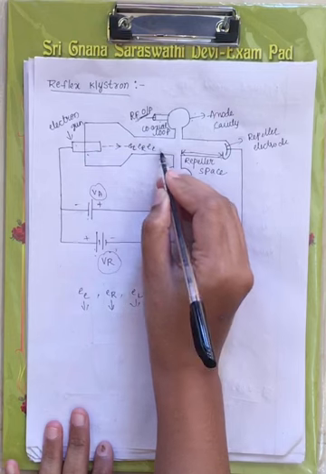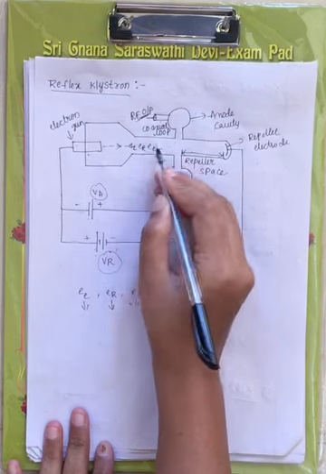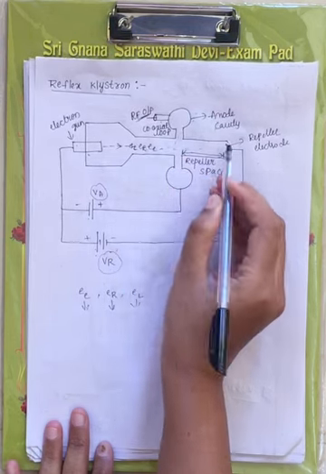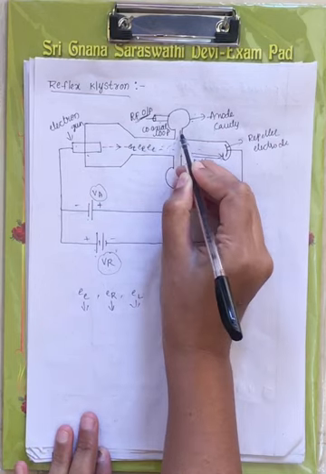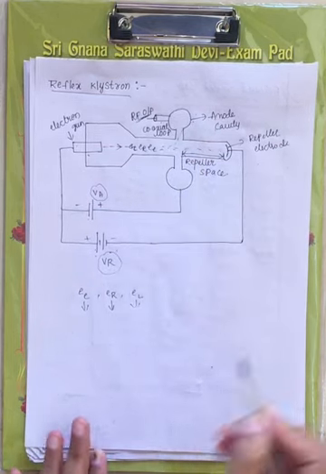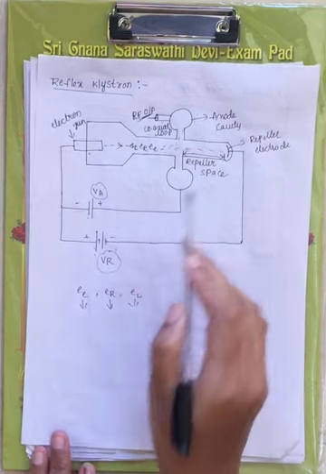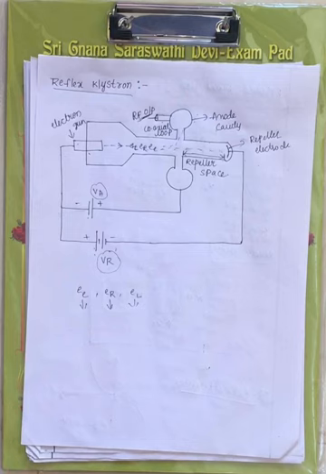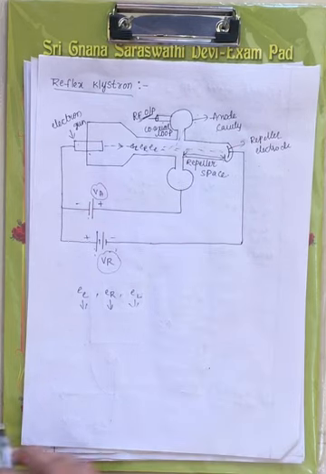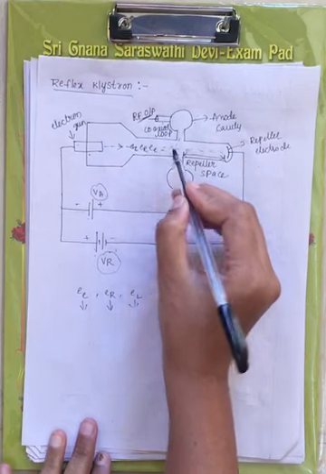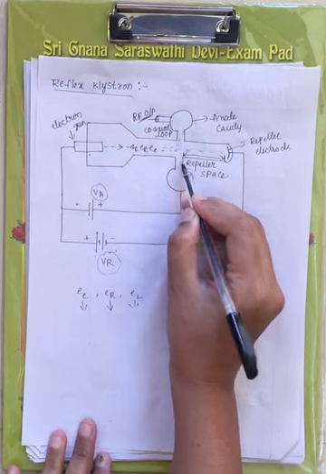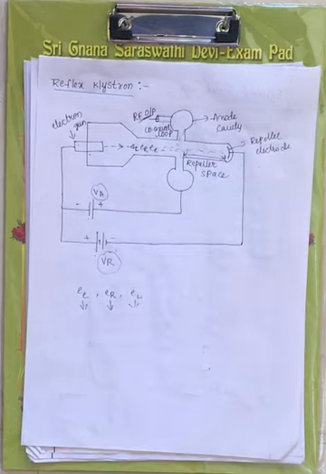Now some electrons will go through the anode cavity. This bunch of electrons travels along this tube. Some will go to the anode cavity and some will go to the Rippler space. The space between the anode cavity and the Rippler electrode is called the Rippler space, that is, whatever space of the tube is present between the anode cavity and the Rippler electrode.